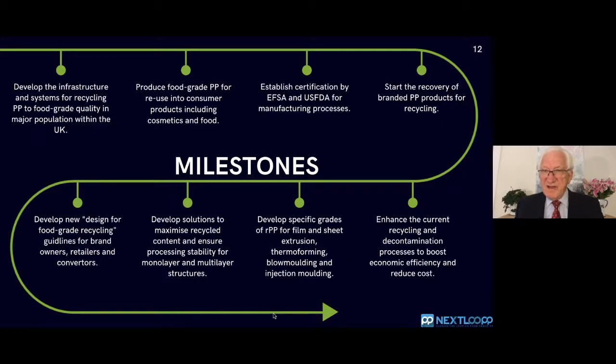The processes we have, we know, can be improved further, and this will boost their economic efficiency and reduce their cost. We want to develop specific grades of recycled PP for film, for sheet, for extrusion applications, thermoforming, blow molding, and injection molding. We know that each of those applications needs tailoring to meet their specific requirements. We want to develop solutions that maximize the recycled content to give the processing companies stability in monolayer and multi-layer